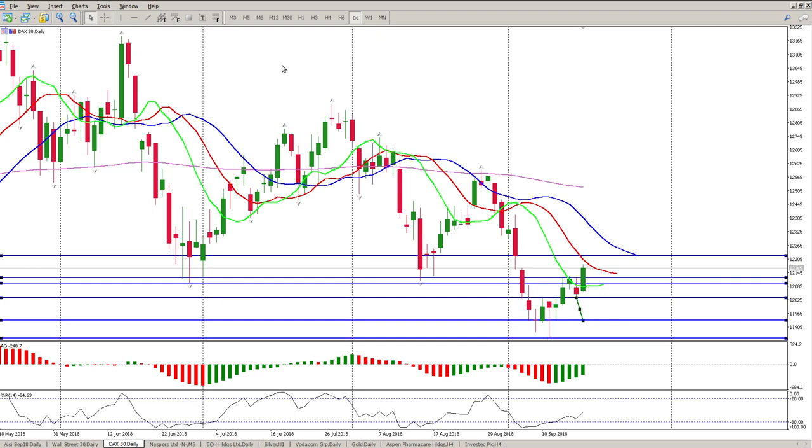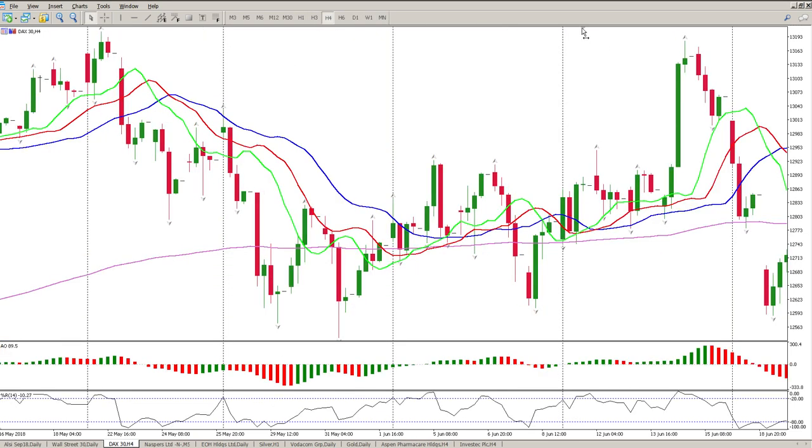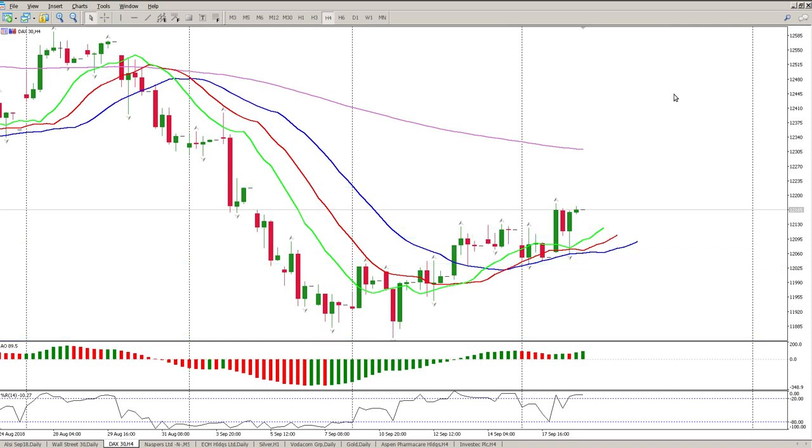Are we going to have the measured move play out? And we're going to pick that up right now. Let's just get rid of all the noise. So the measured move here is